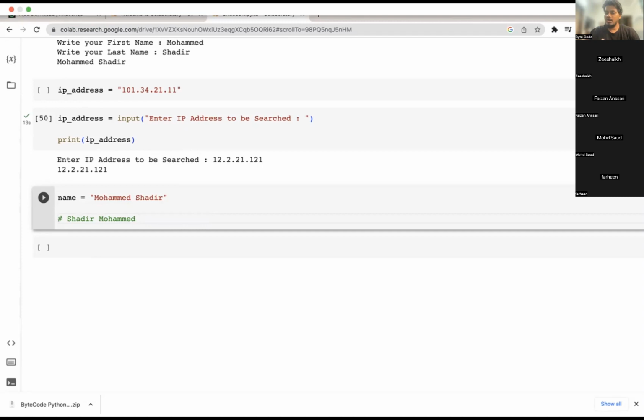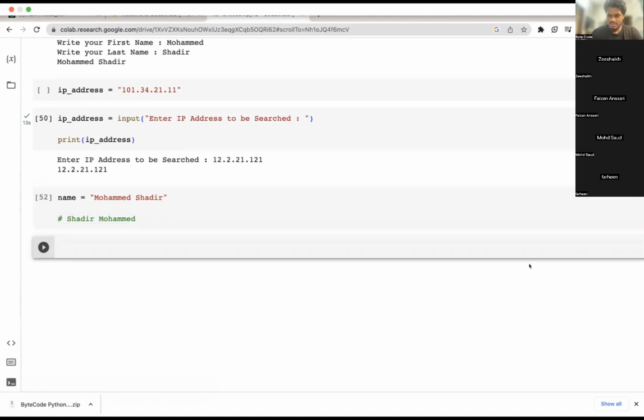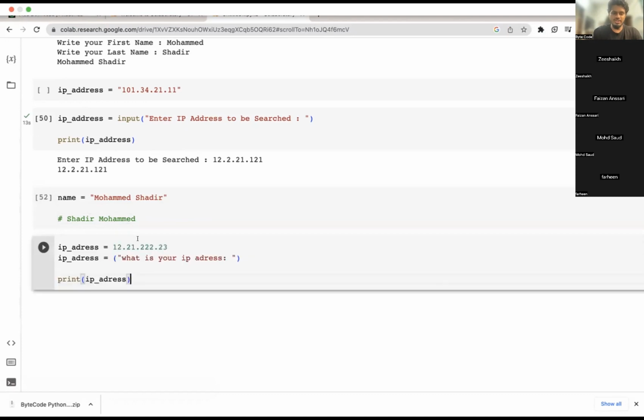Okay, so you're getting an error. Farin, you are missing the input function itself. And also in the IP address, since it is a string, it is a collection of characters, because a dot cannot be a number.